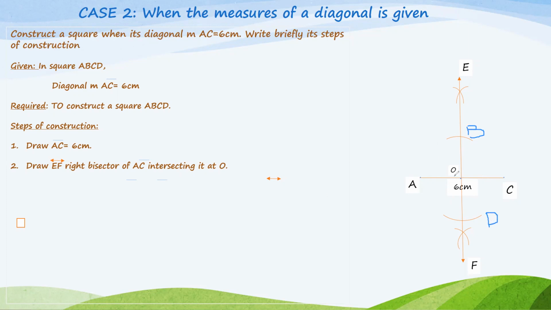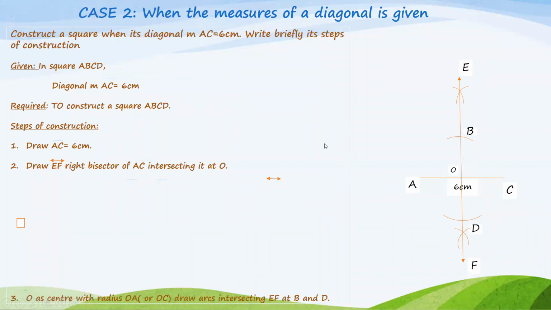I'm again telling you, we have to put the compass on this point called O, and with the measurement of OC, open the compass from O till C or O till A, and then draw two arcs: one above the line segment AC on EF and one below the line segment AC on EF, to get B and D. Where the upper arc intersects EF, this point is called B, and where the lower arc intersects EF, this intersecting point is called D, right? Now what we have to do,